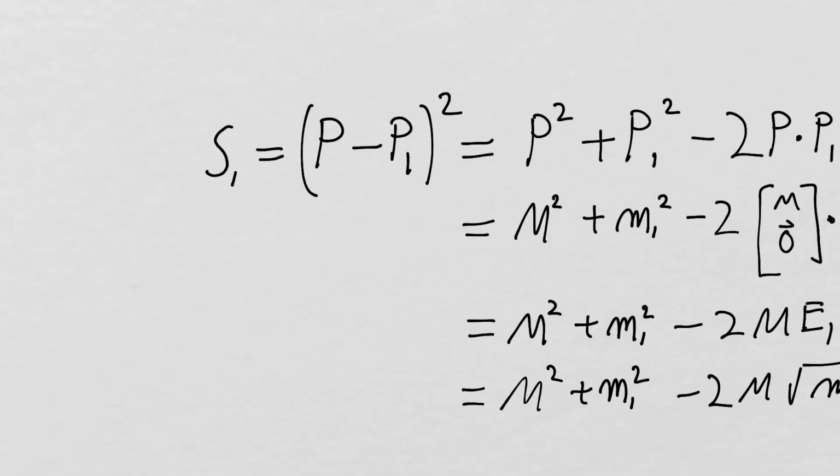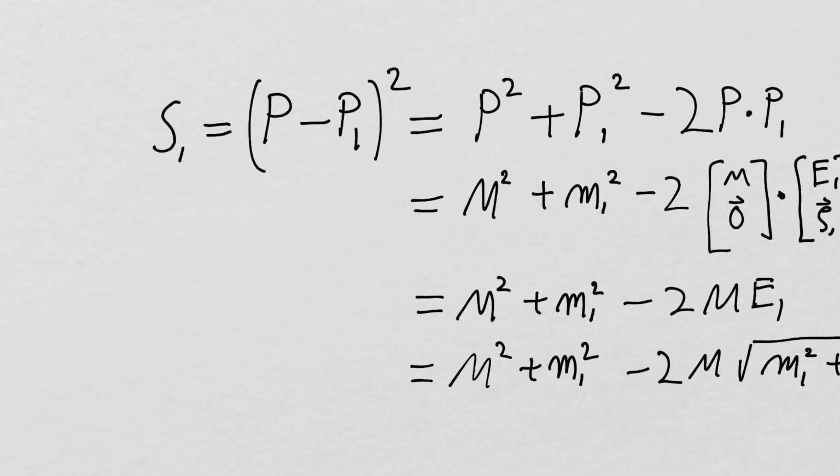All right, so let's say we're interested in what are the kinematic limits, the physical limits on how big S1 can be for a three-body decay process. Well, we're going to just start examining things and use a little bit of logic here. The algebra now, thankfully, is not so difficult. But the definition of S1, (P minus P1) squared, this stuff you've got to start memorizing,